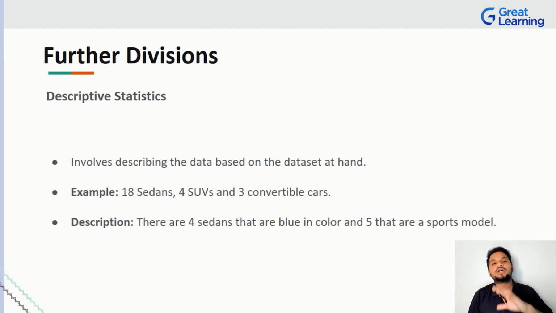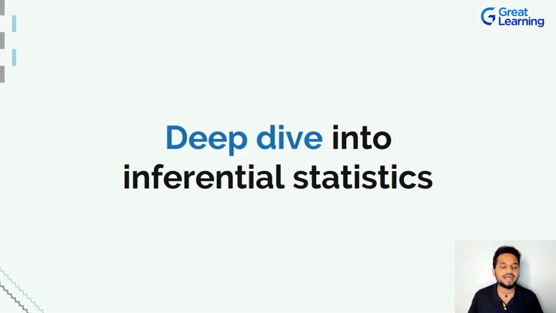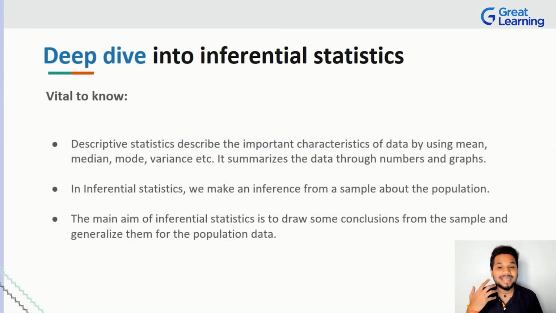Well, now we took a look at a lot of things. We understood statistics, we understood the type of data, we understood how we go about picking up the data, various ways to go about understanding randomness, clustering and all of that. We had a very quick introduction and a comparison between the world of inferential statistics and the world of descriptive statistics as well, right? So let's take a couple of minutes to have a deep dive into inferential statistics to actually understand more about this domain, right?